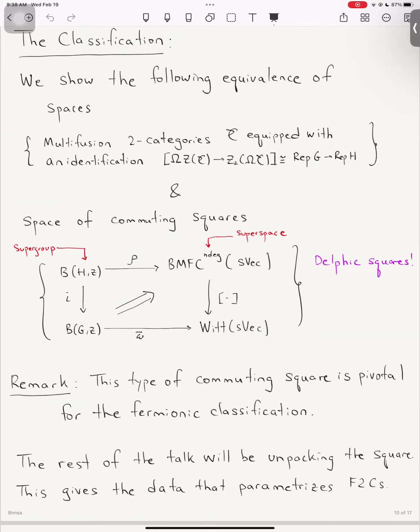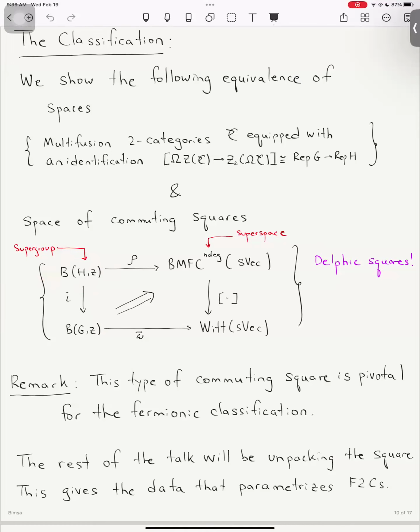I'll write the Delphic square for you in the fermionic case, which is more complicated than we actually need, and then I'll unpack what this all means. You've already seen lots of the data that's going into the square, but doing it this way makes sure the classification is all coherent. So here you have the supergroups,